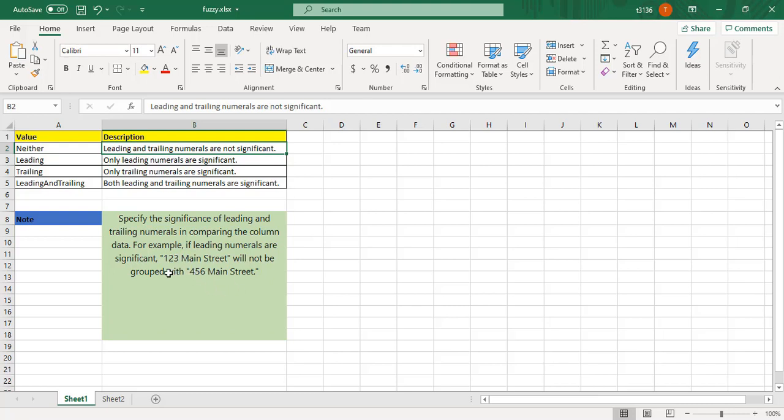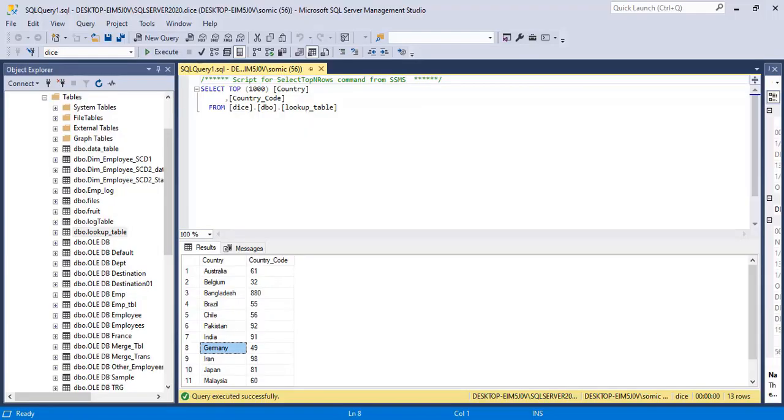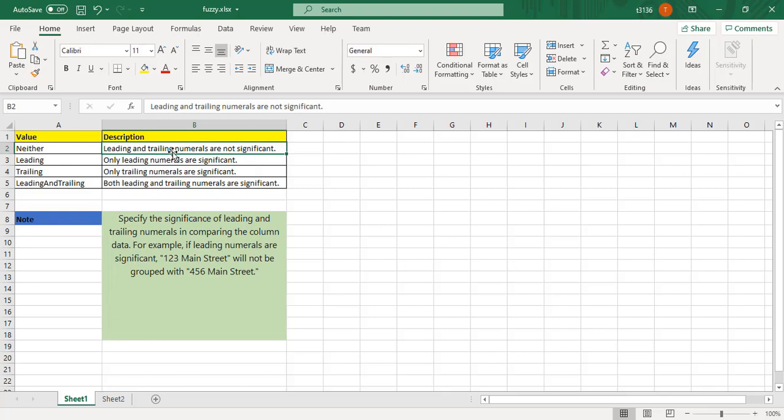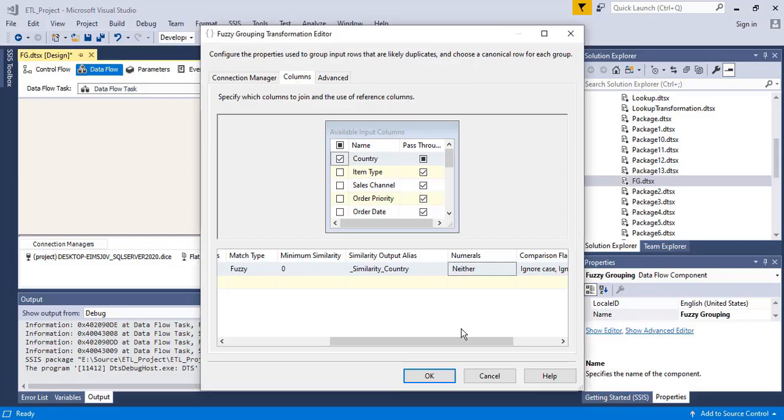The leading value is 1 to 3 and the trailing value is street. So here in this case I'm going to select neither. In the case of neither, leading and trailing numerals are not significant, so these two values will be grouped because I have selected the neither option.